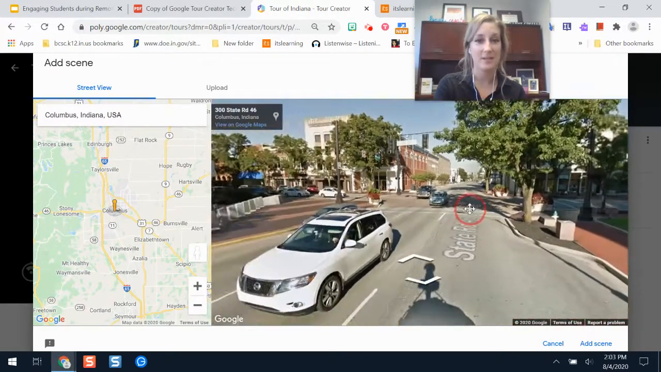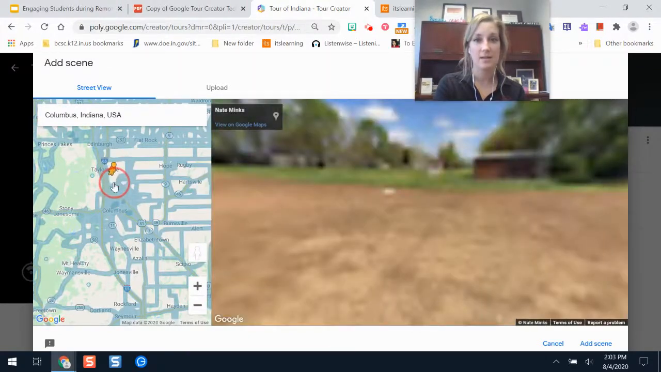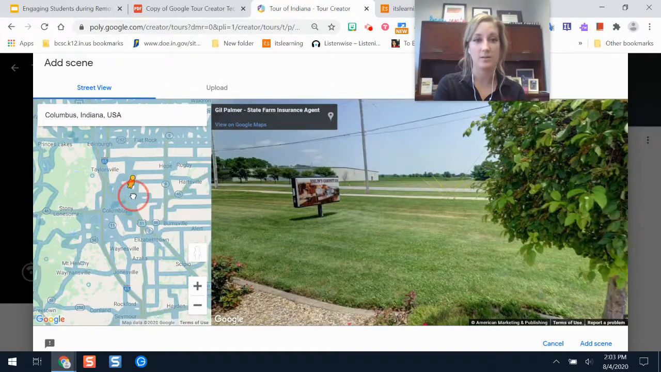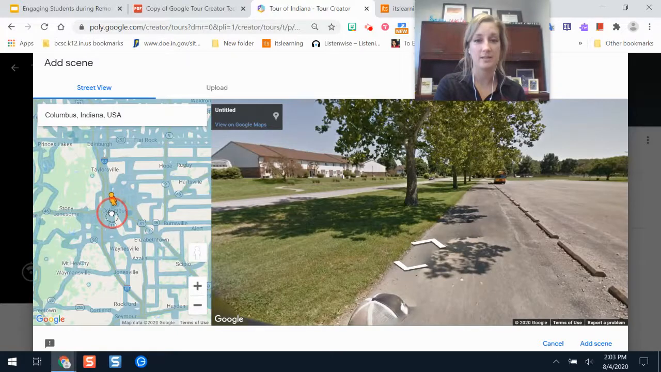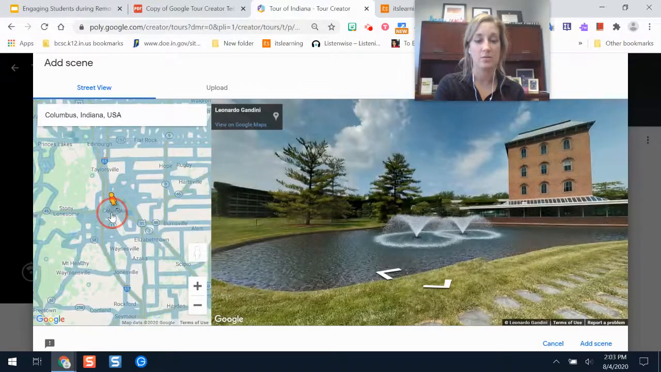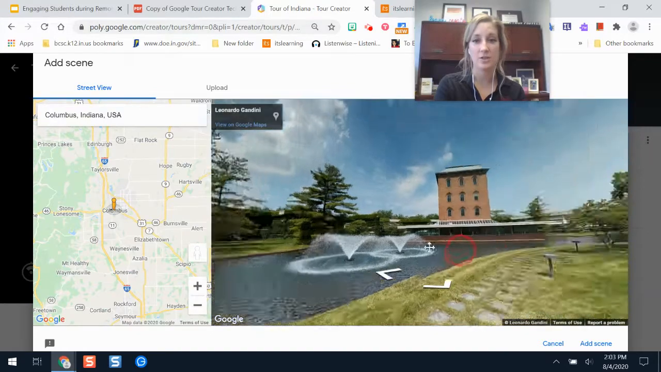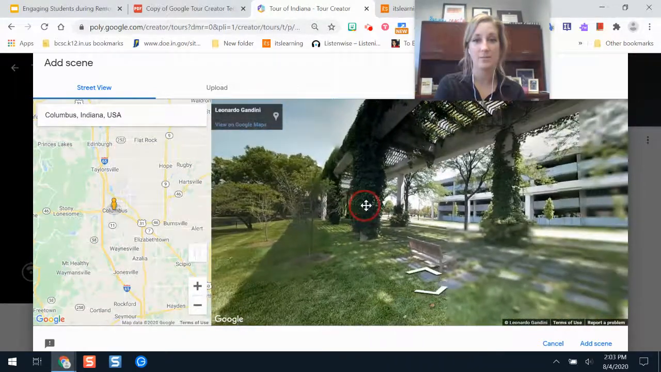If I don't like this picture and I want to go somewhere nearby, this yellow peg man here, if I pick him up, I can drop him in other places. And as you notice, as I'm picking him up and moving him around, I'm seeing all of these other places where I can start my tour instead. And if I like this picture, I can pan around and like it. If this is what I wanted to do,